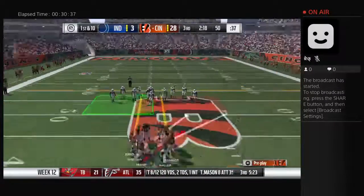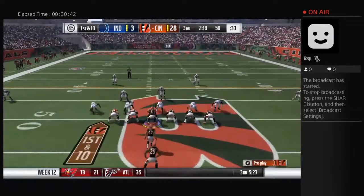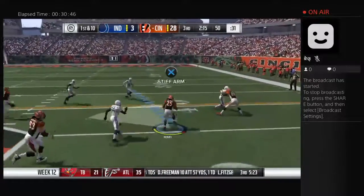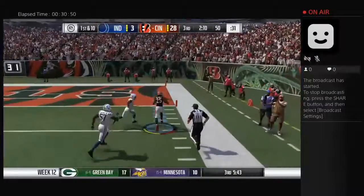Now this Bengals offensive unit ready to see what they can do here, and a fumble last time. Ball security. Talk about it all the time in the National Football League. They've got to be better at it on this front. Don't you think that when every team gets together for the first...